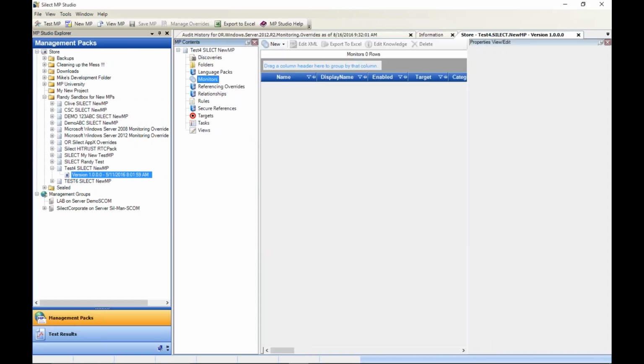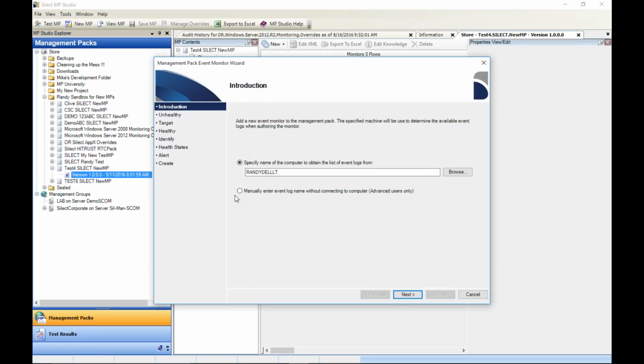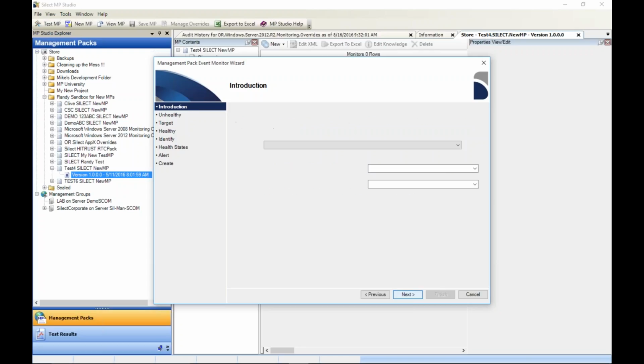So what I'm going to do is I'm going to pick monitors. If I right-click there, these are the monitors we support. And let me point out the advanced authoring ones, the ability to create a process monitor. That's advanced. Here's my SNMP monitors, and here's my roll-up monitors. Those are advanced monitors. Okay, I'm going to just very quickly create an event monitor. All right, so I'm going to use my own laptop here,